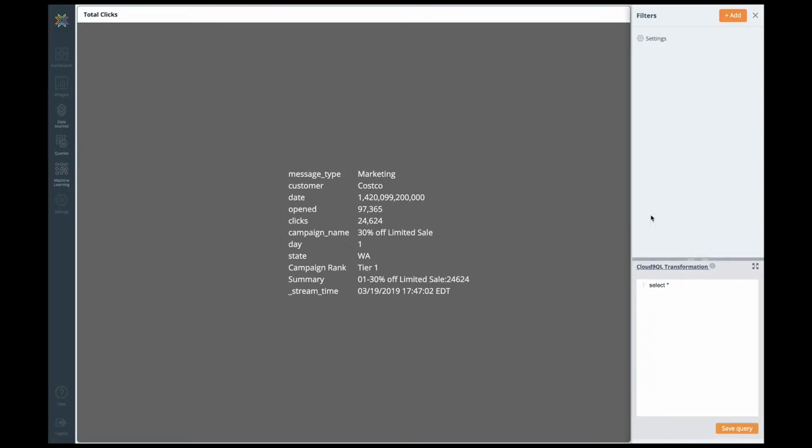And I'm going to do something with this data that I have here. I want this to be a data summary widget, which just shows me some summarized information. Right now it's showing me everything and I don't want that. So I'm going to do some additional Cloud9QL. What I might do is select, in this case, the sum of clicks as click total for Costco, for example,